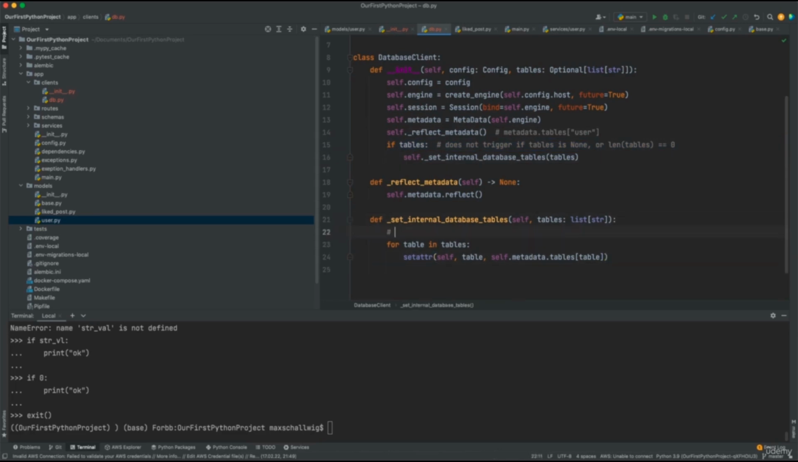So here we can say, e.g., set database client dot user equal to something like this, if user in tables. So just as a quick reminder, this is what this does,